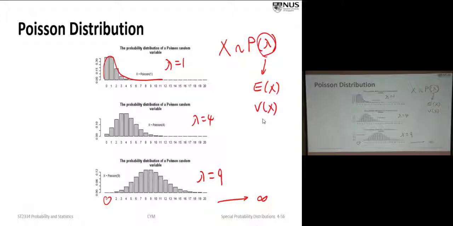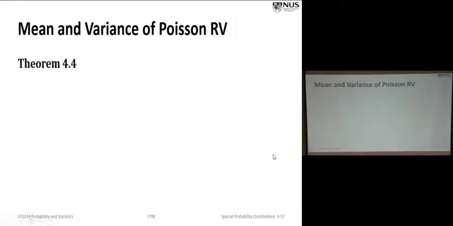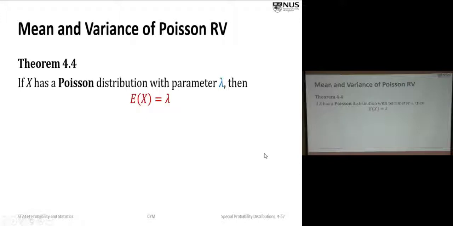Or in other words, what is the expectation of x in terms of lambda, and what is the variance of x in terms of lambda? So it turns out that the expectation of x equals lambda, and the variance of x is also equal to lambda. So what does it mean? Now if I go back to the